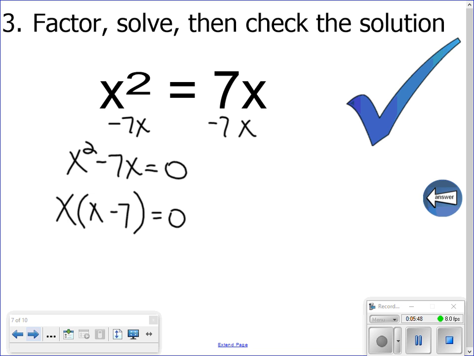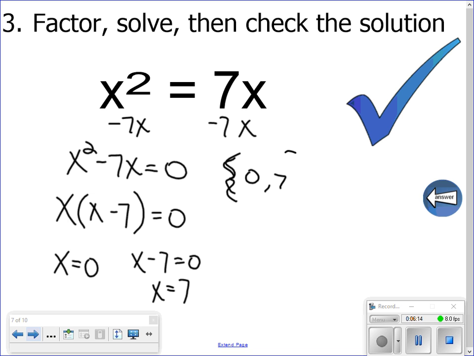Now, once we have our factors, we want to set them equal to 0. So we'll set our first factor, which is x, equal to 0, and our second factor, x minus 7, equal to 0, and solve. Well, I already know that x is going to be 0, and if I add 7 on both sides, we'll have x is equal to 7. So our solution here would be 0